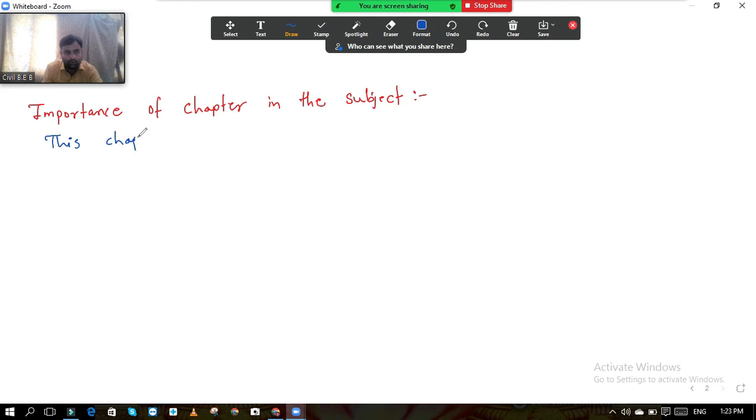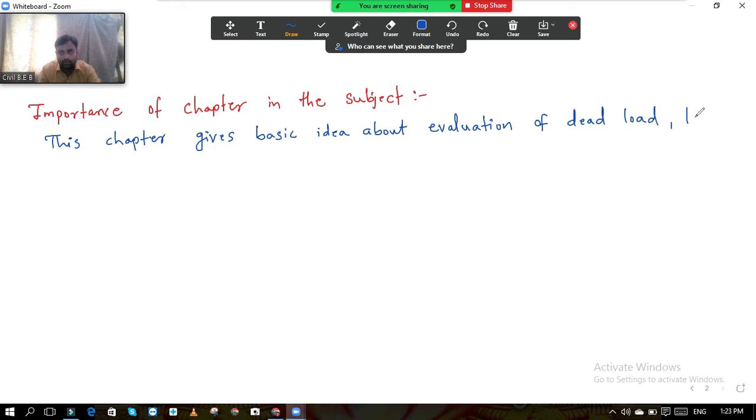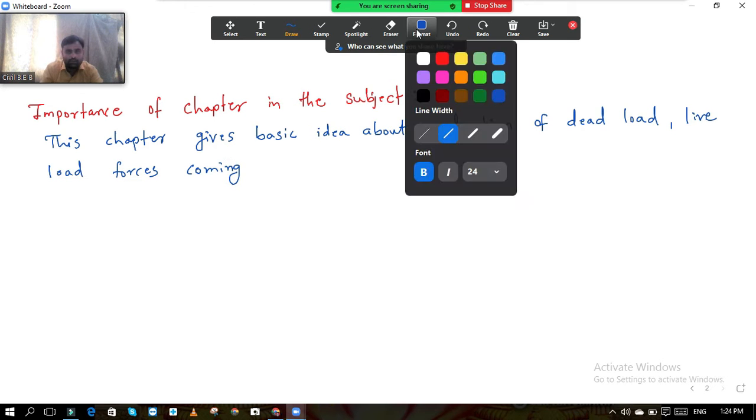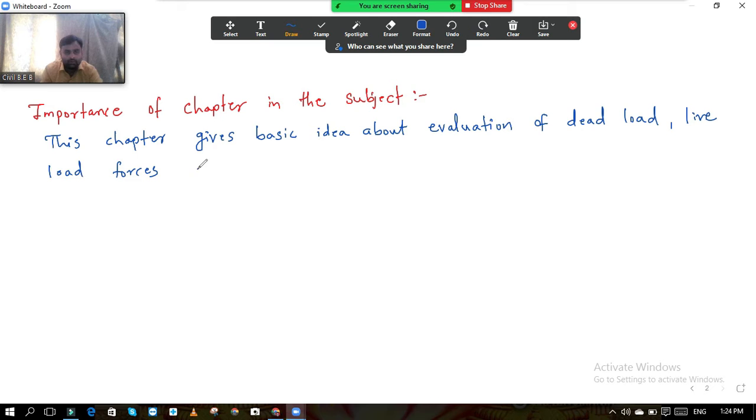This chapter or unit gives a basic idea about evaluation of dead load, live load, forces acting on footing,